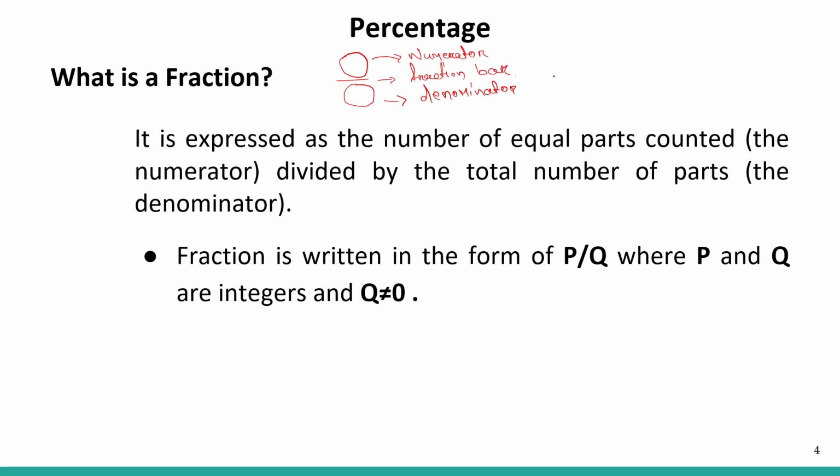So let's say you have a whole, and you divide it into equal parts. Let's take the pizza example again. You have a pizza, and you divide it 1, 2, 3, 4, into 4 equal parts. Just remember a note: the number that is filled in the denominator represents that the whole is divided into that many equal parts. So if I say 4 here, the pizza or the whole is then divided into